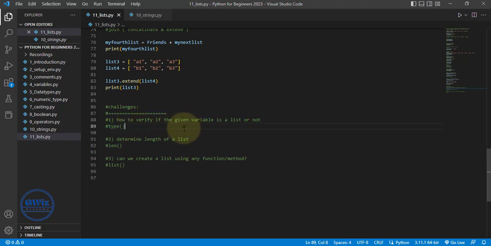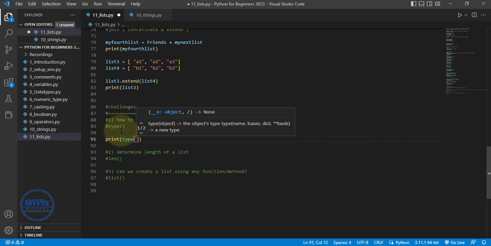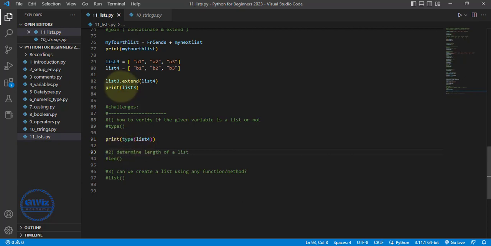So let's say I want to identify whether this is a list or not. What I'll do is simply use print. So what exactly do I need to print? I need to print the data type of list 4. How do I identify it? I'll use the type function, parenthesis, and inside the parenthesis I'll pass the list name, list 4, and if the output is list, then I'll say okay, list 4 is nothing but a list,